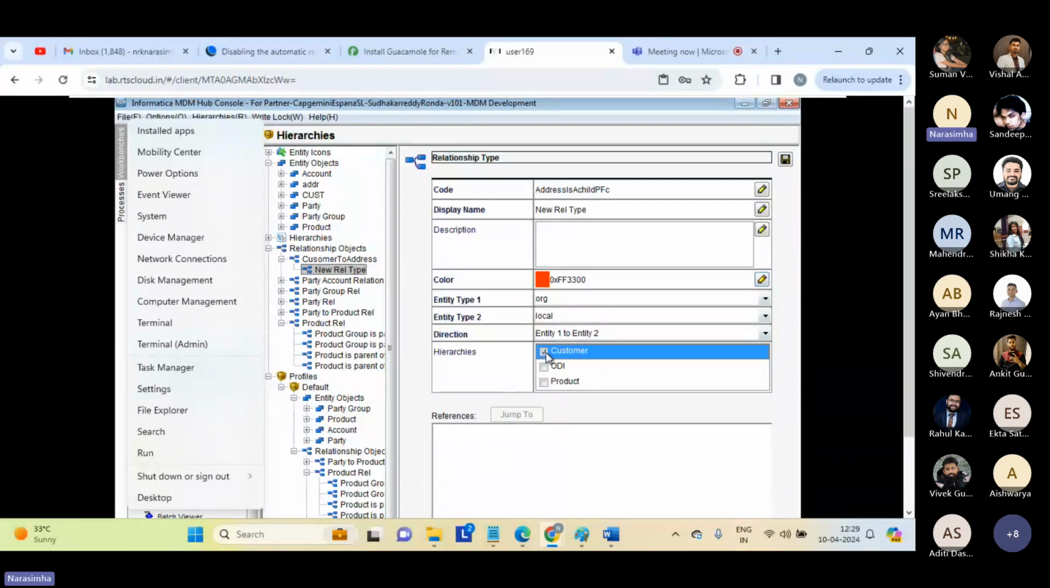So here you can specify any hierarchy name. Give a meaningful name, guys. So child: address is child of customer. Right. I'll just copy